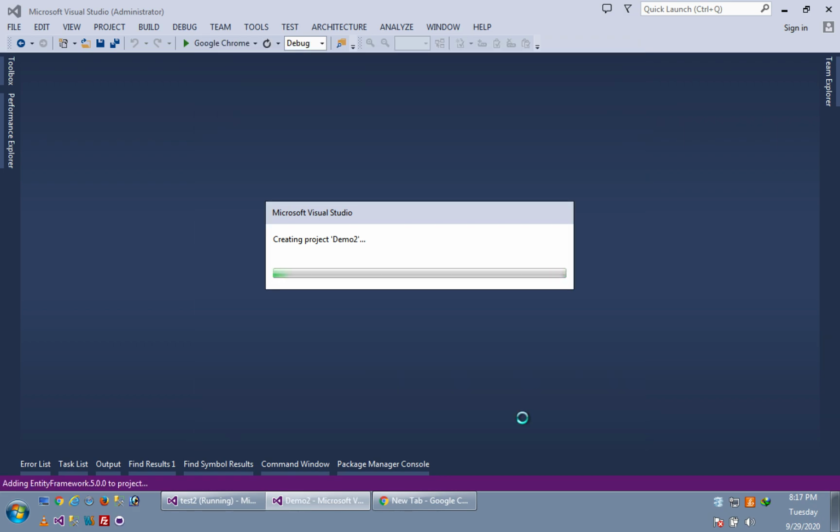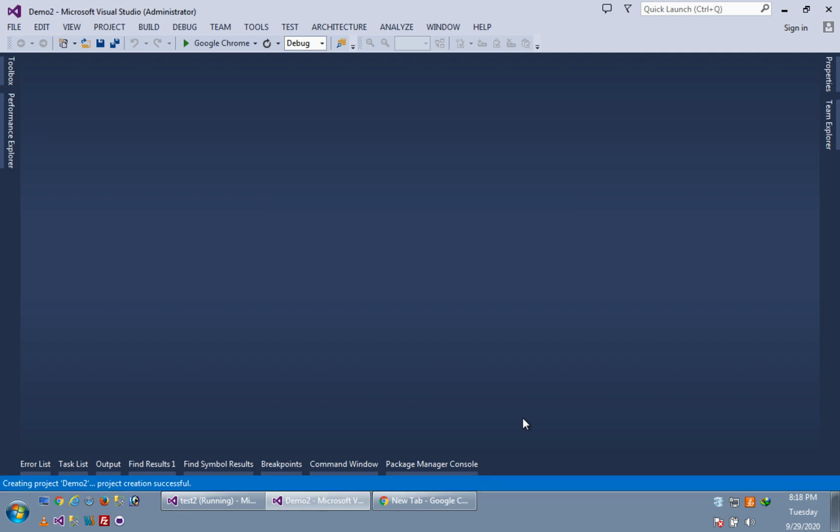So what is the difference between Razor and ASPX views? ASPX views are commonly ASP.NET pages, right? Like we know that our ASP.NET pages have the extension .aspx. In the same way, in an ASPX view we can do everything that we can do in an ASP.NET web form.